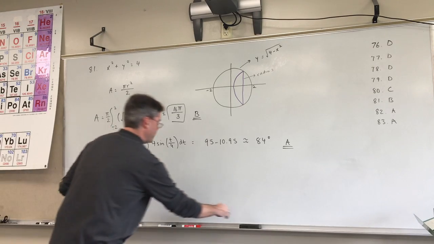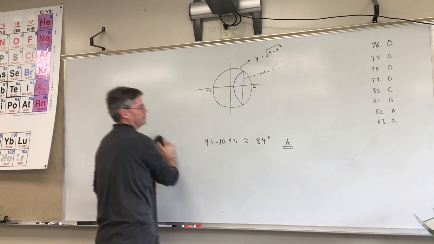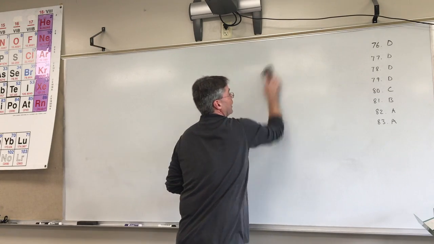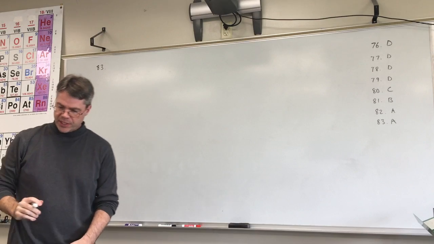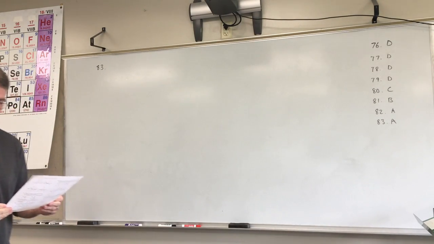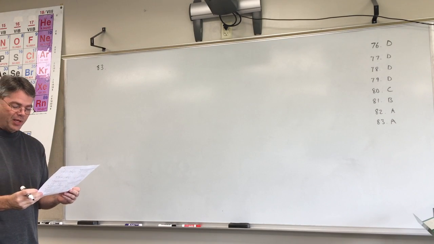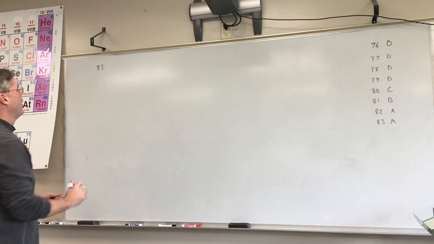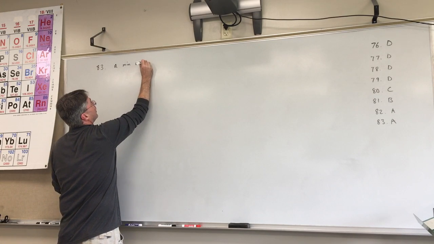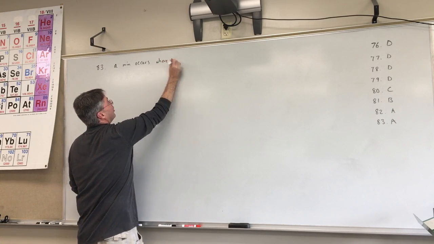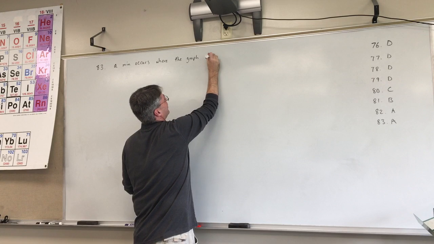Okay, this will be the last one for this video. 83. 83 is not a tough one at all. It says the graphs of f prime, g prime, p prime, and q prime are shown below. Which of the functions has a relative minimum from a to b? Well, a minimum occurs where the graph of the derivative